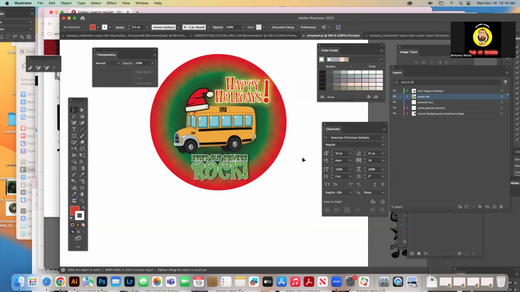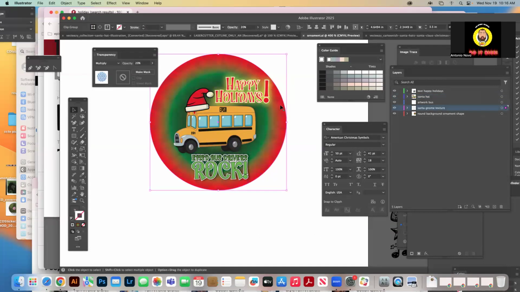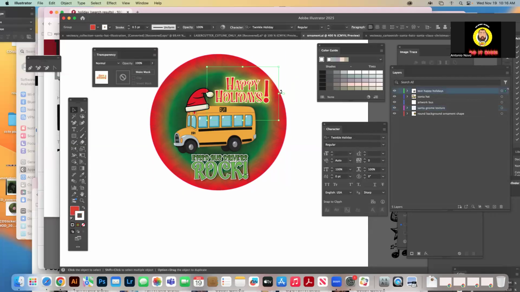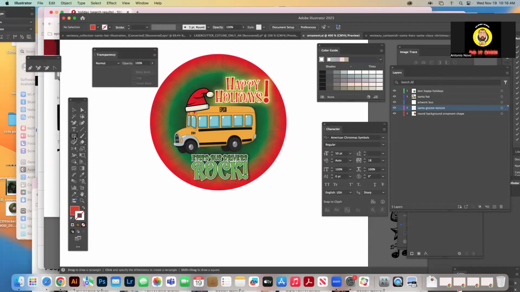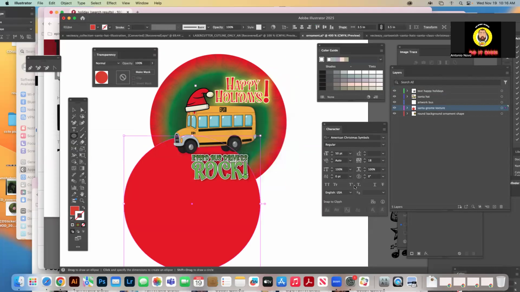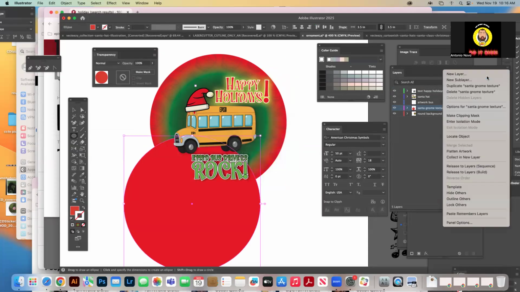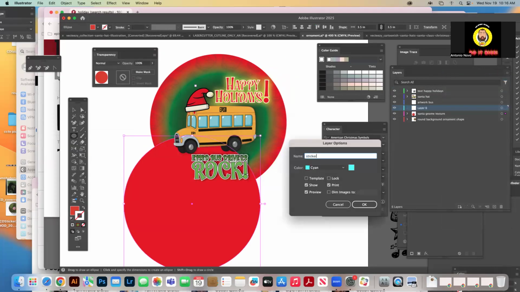Okay, now here's the important part, the cut lines. So we have a 3.5-inch sticker shape, right? I'm going to give it a slight bleed, but I'm going to copy this circle first. Command C. Or I can make a new one. Now let's make a new one. So new circle, 3.5 inch, because we know that's what we have, right? And let's put that on its own layer and call it sticker cut line, because we're going to do 2